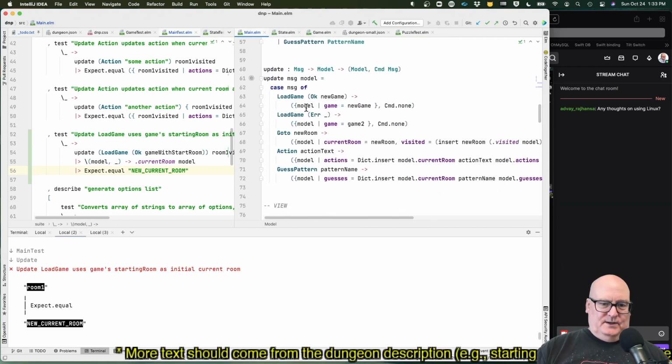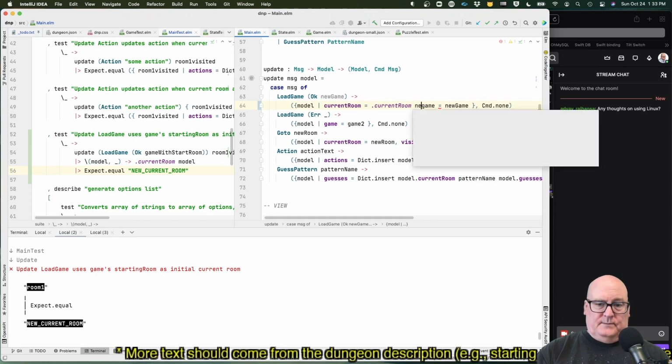All right, so here we took the game from the game that got read in on the load. All right, but we also need to get the current room. Okay, so current room equals dot current room of new game.